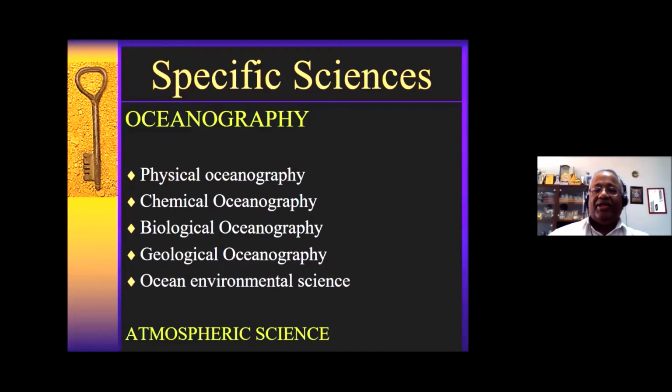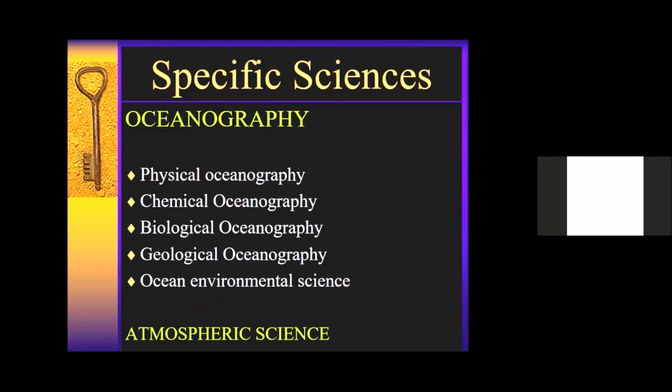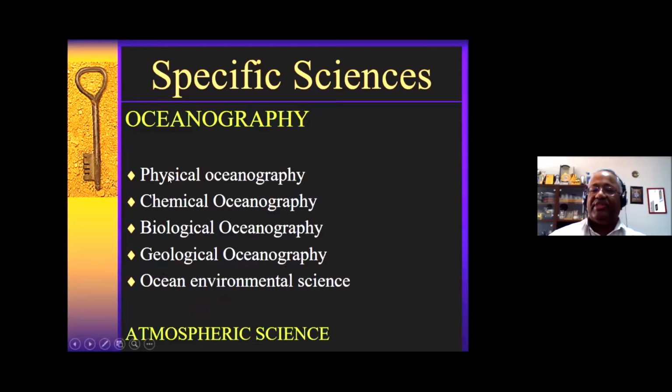Okay. So these five are ocean science. An engineer, if you wanted to become an ocean engineer, first we have to know ocean science, because this is the fundamental. Physical, chemical, biological, geological, environmental, all related to ocean. So these five sciences we have to learn basics. First, we have to learn math, physics, chemistry, the ones I was telling you. Second is learning of these sciences specifically for ocean.